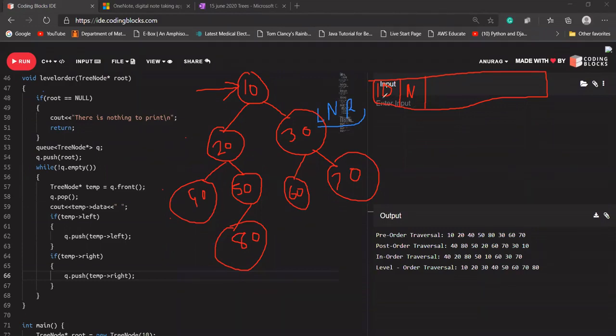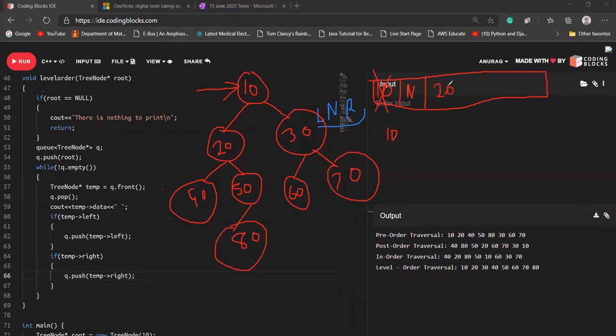Again the same concept will follow. The queue is not empty, so 10 will be popped and printed. Its left and right subtrees exist, so I'm going to insert those nodes here.